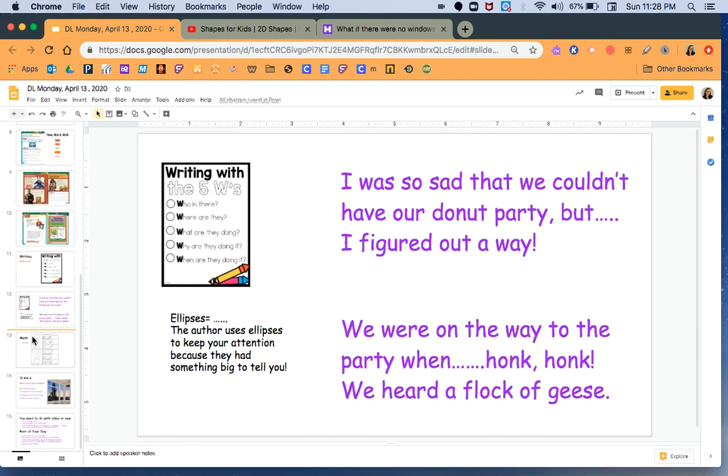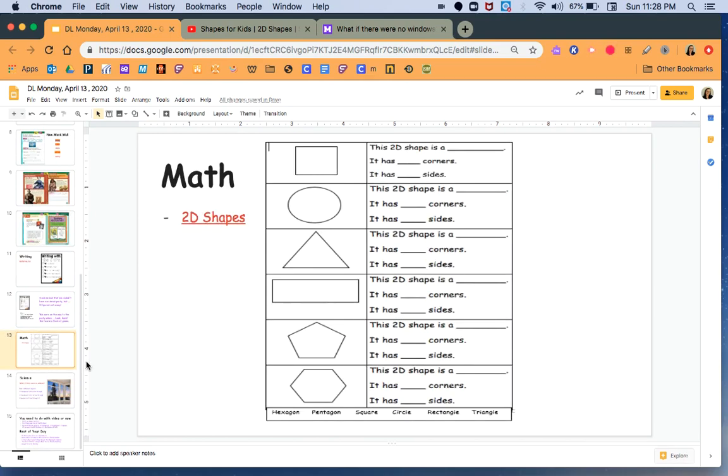So today for math, we are going to be starting a unit on 2D shapes. And so I have a quick video for us to watch. This was songs. And 2D shapes, I know you guys have been doing it since kindergarten and before that, but we really want to focus on the properties. So while you're watching the video, I want you to think about how many corners, and these are right here, and how many sides. And I'm going to tell you there is a special math word